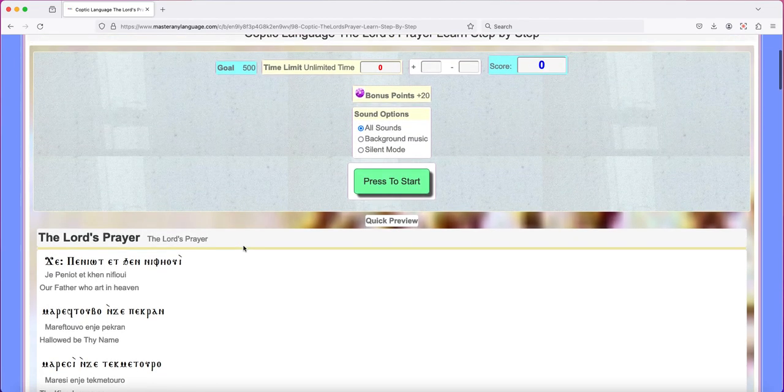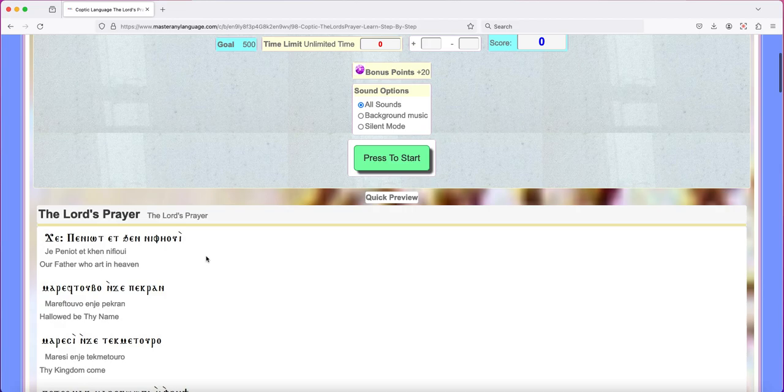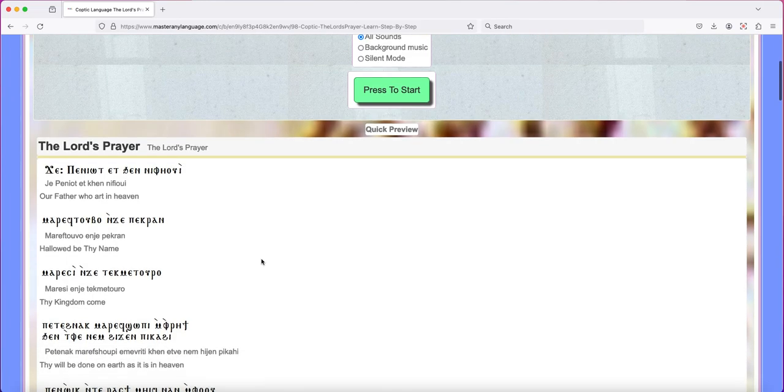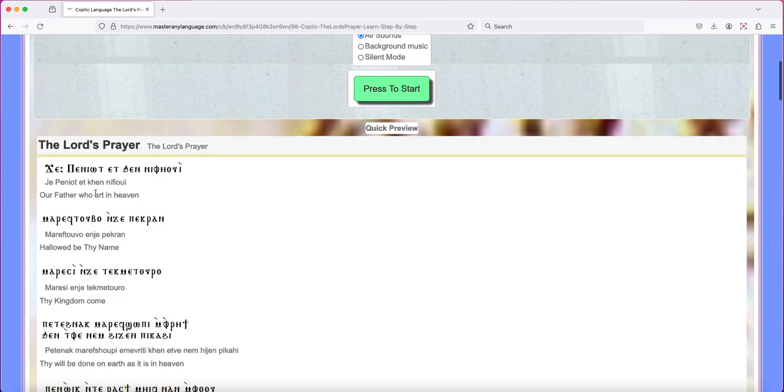The idea here is let's just practice and get familiar, so we can start seeing some of the Coptic language, the letters, and you may want to take a look at some of the Coptic alphabet. But we don't have to be any form of expert at all. Let's just go through and read it, and then we'll do a quick practice game. See how this helps us. That's the goal. The goal is to get the practice game to help.